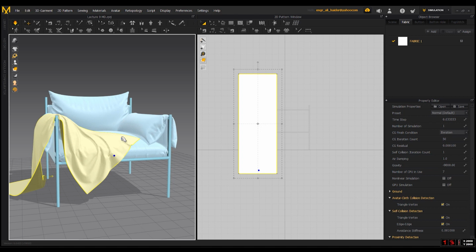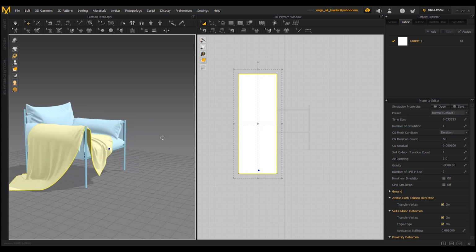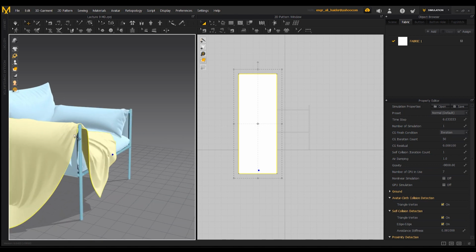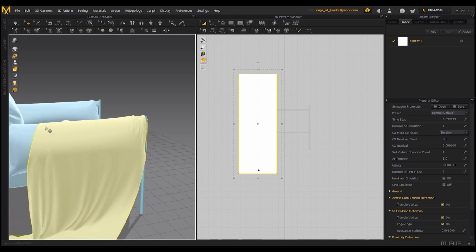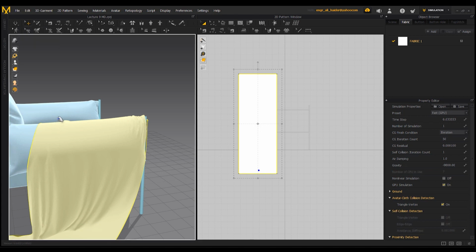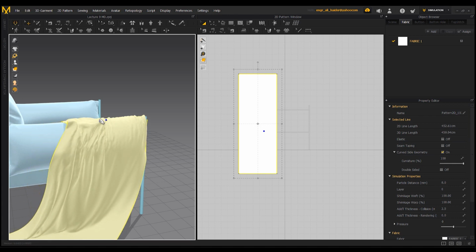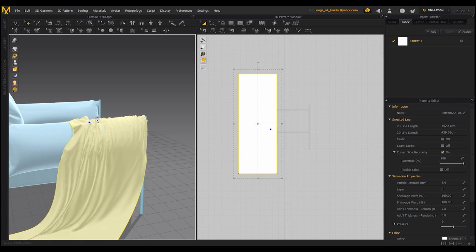And here we go. Maybe in the GPU, we can drag this guy a little bit here so that it looks random,